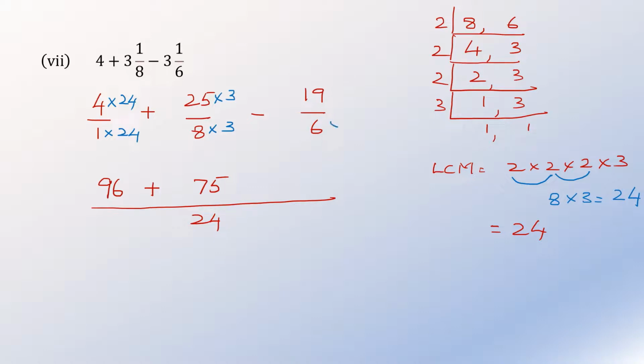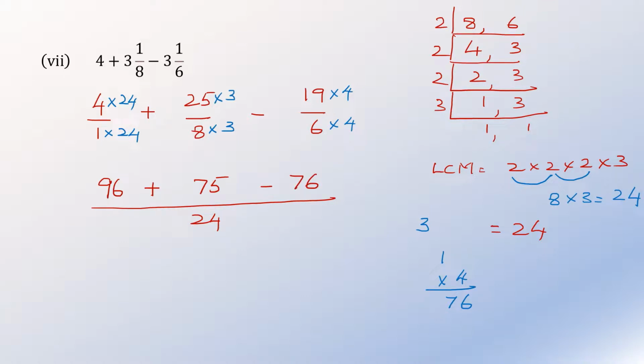6 4s are 24. So 19 into 4 is how much? 19 into 4. 4 9s are 36. We carry 3. 4 1s are 4, 5, 6, 7. So that is 76 minus